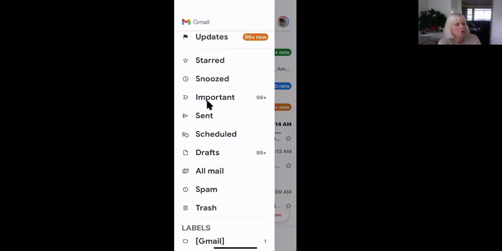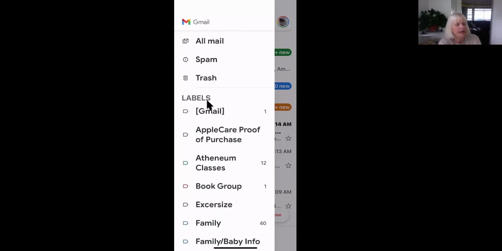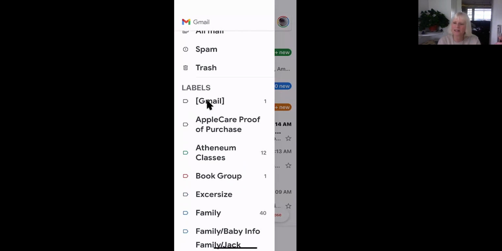So I'm going to scroll down. And oh, this is what Google calls it. They don't call it folders. They don't call it mailboxes. Do you see this word here? They call it labels. They call it labels. So I have organized my emails